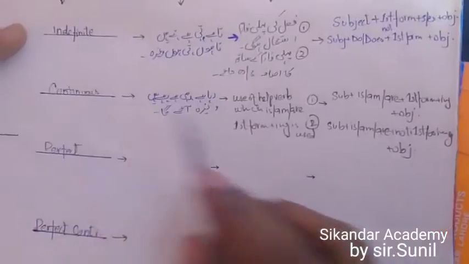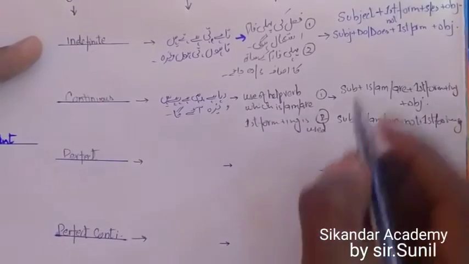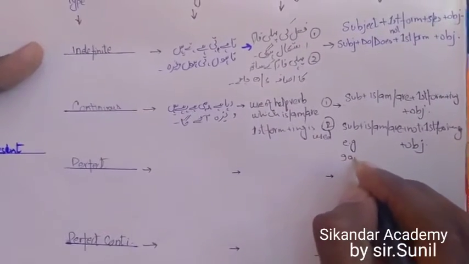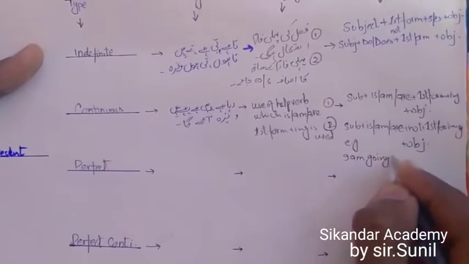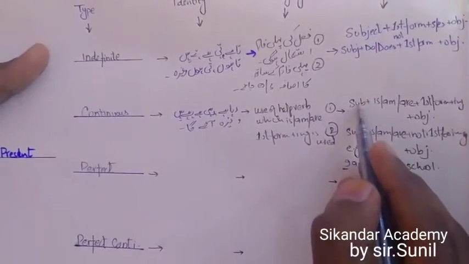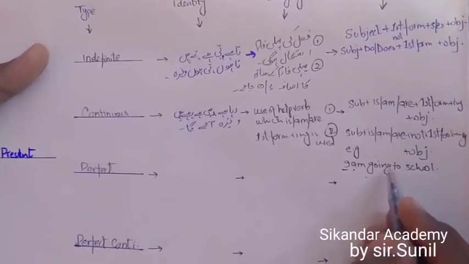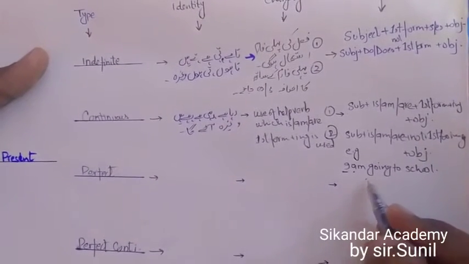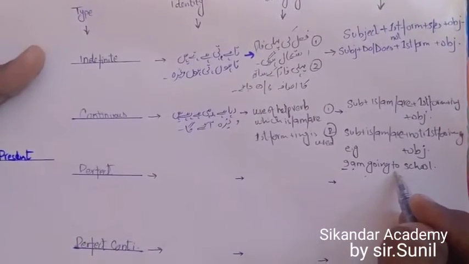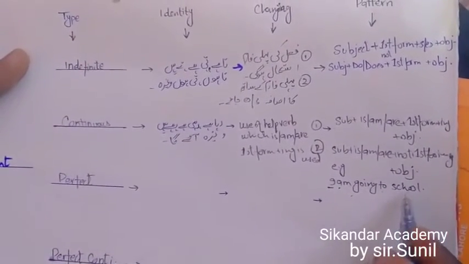As an example, in our present continuous tense, मैं स्कूल जा रहा हूँ. I am going to school. In this sentence, I is used as a subject, am is used as a helping verb, go is the first form plus ing, which is an addition in continuous tense, so it becomes the form of verb. To is the preposition which represents the position and direction toward the school.